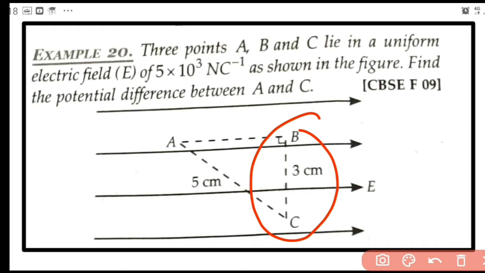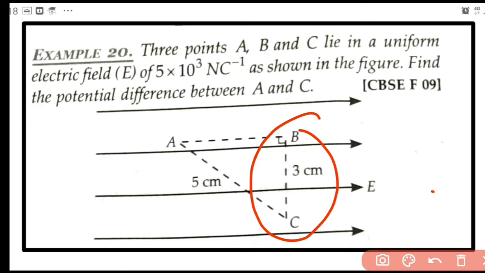Look at B and C. Is there any similarity between the 2 points? Those 2 points are equipotential points, because if you imagine a plane perpendicular to the electric field, you will get the points B and C lying in that plane. Such a plane we call an equipotential surface. So B and C lie on an equipotential surface and they are equipotential points.